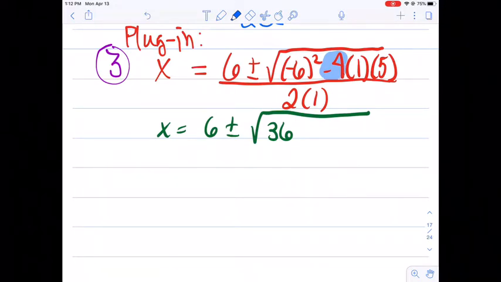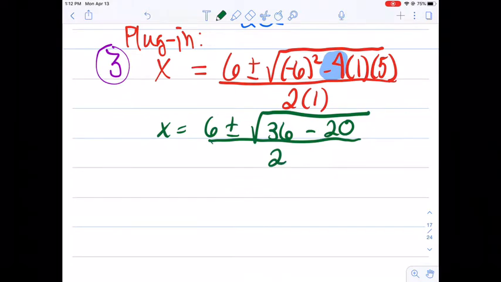That way, I don't have to worry about whether that product is positive or negative. I just multiply a and c by negative 4 every time, and whatever that becomes, that's it, and I don't have to worry about it anymore. So a little trick there. So we're going to do 36, and negative 4 times 1, which is negative 4, and negative 4 times 5, which is negative 20. So we're going to have 36 minus 20